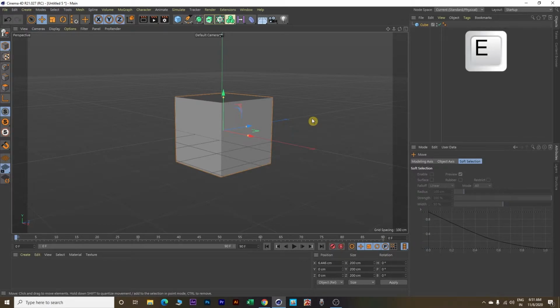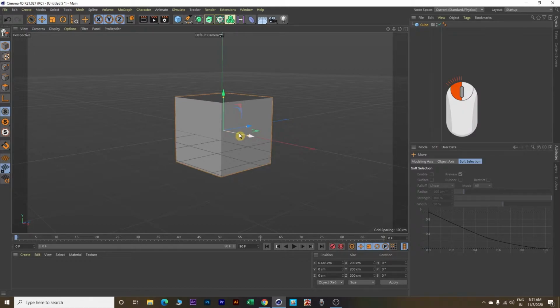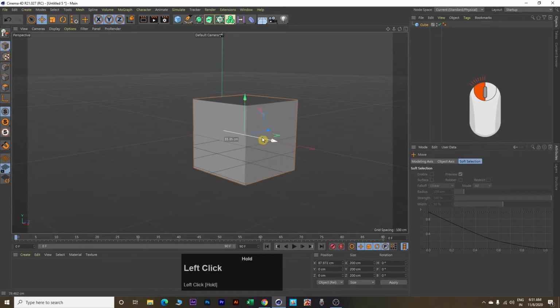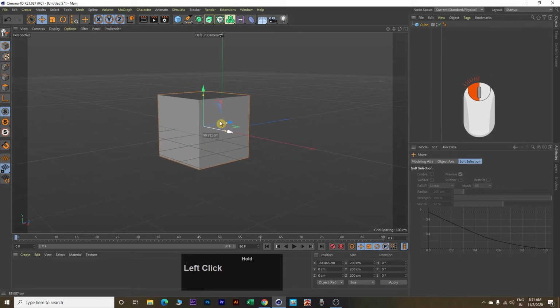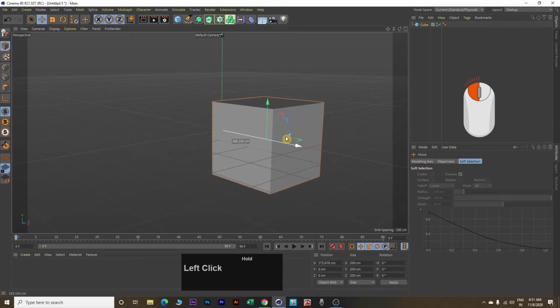So click E on your keyboard and bring your mouse pointer over the x-axis, and then click and hold left mouse button, and at the same time drag your mouse either left or right. Since we have selected x-axis, our object will move left or right on x-axis.